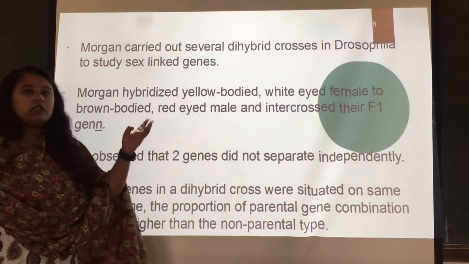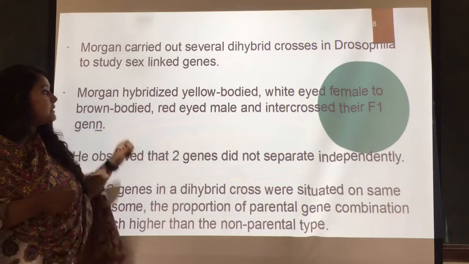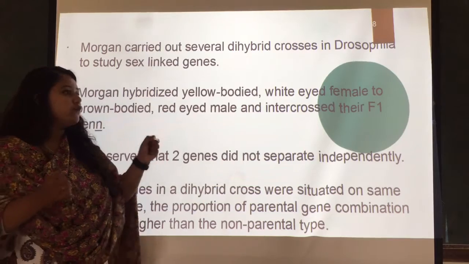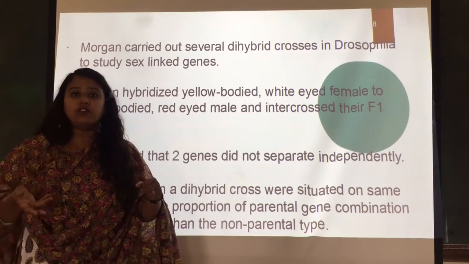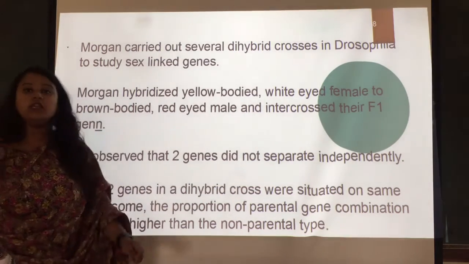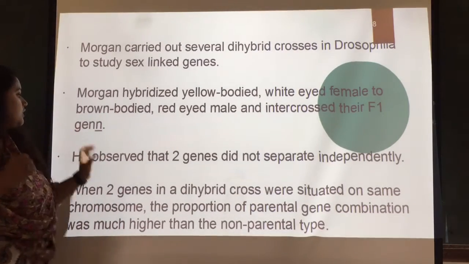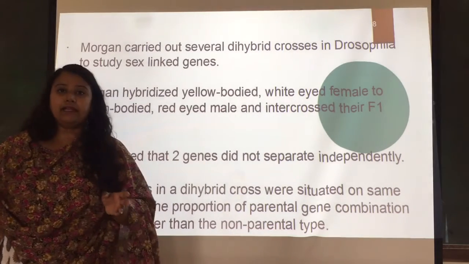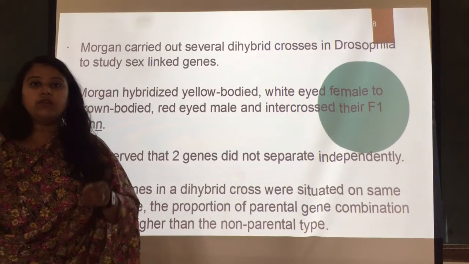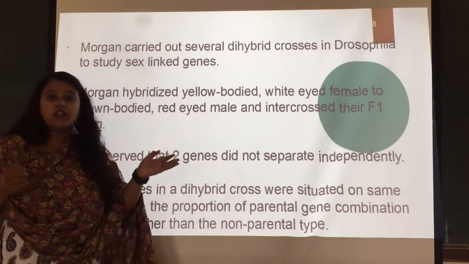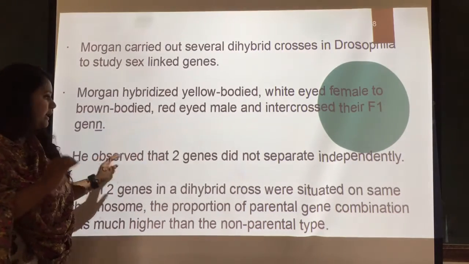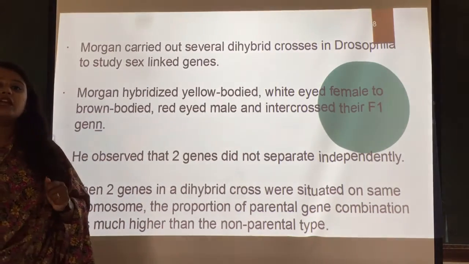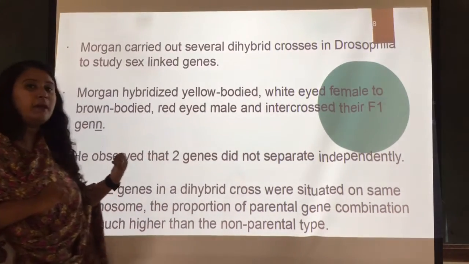So what happens when they were intercrossed with each other? Both the genes were crossed, and it formed the F1 generation, and that F1 generation was intercrossed with each other. When intercrossed, what they observed is that the two genes did not separate independently, right? In some cases, what happened? We are going to see an example of this in detail, so at that moment you will understand how they are not separating independently. It is linkage which is linked with this particular part.